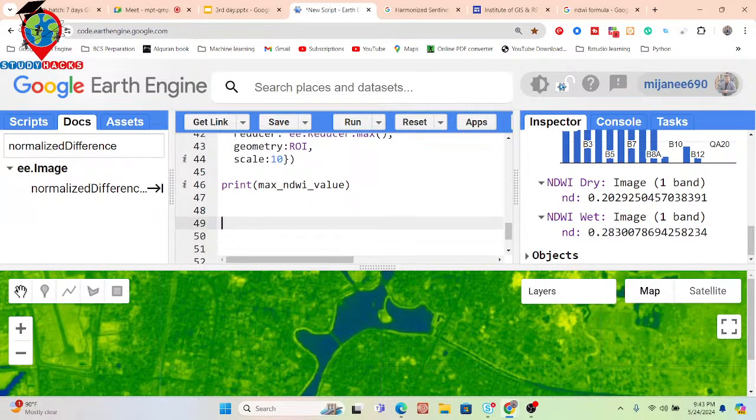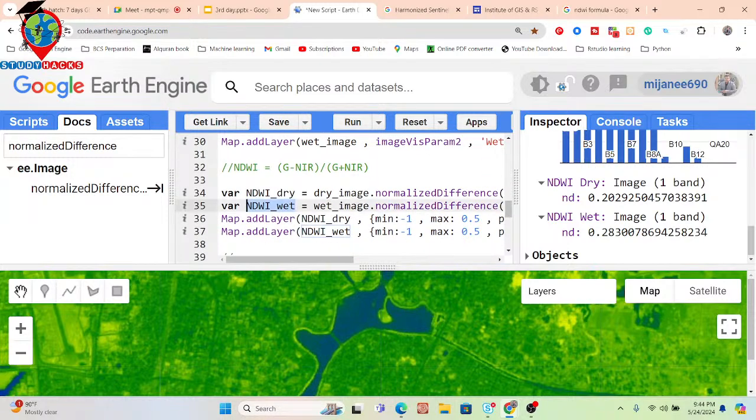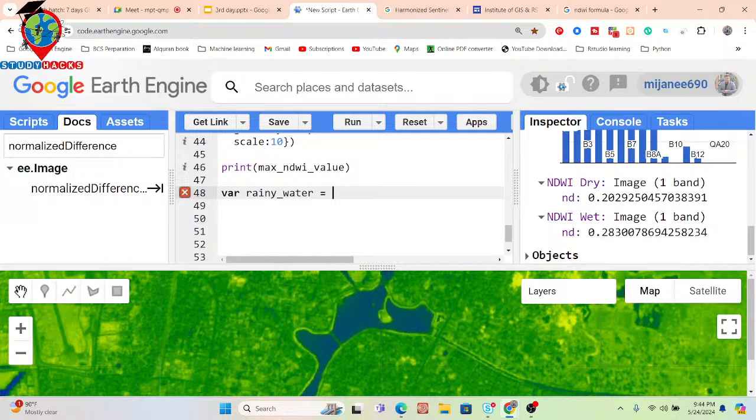I just write the code in here one by one. Just take a variable. Suppose I put the variable name wet, or just put here rainy water. You can put any name as a variable. Now I consider the condition NDWI wet season. Suppose I simply call that NDWI wet greater than 0.2.